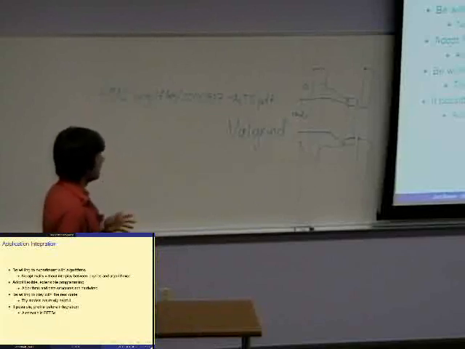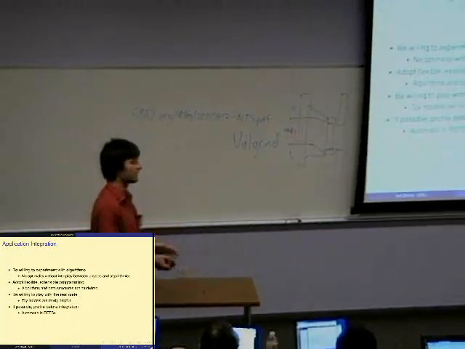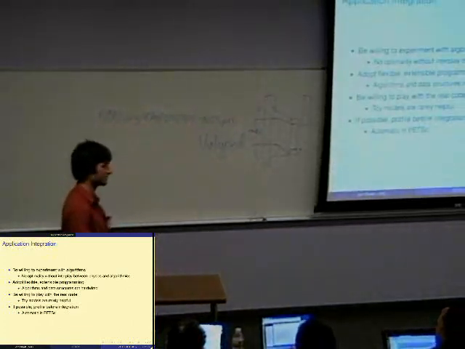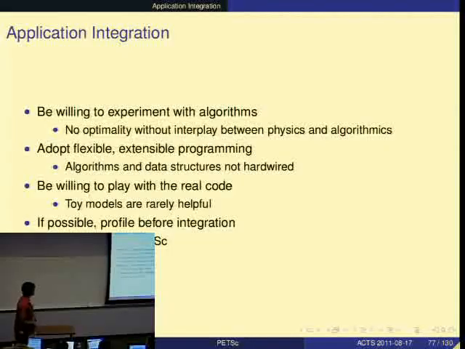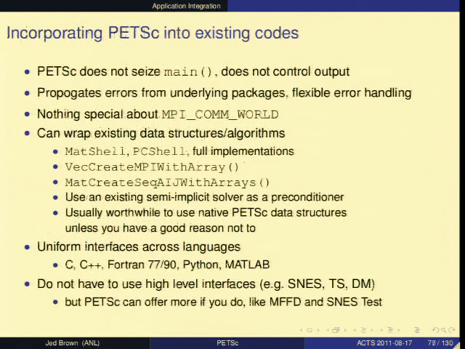So we want to find some way to compromise between, say, modifying existing code to go to great lengths to be friendly for the solver versus, say, not modifying it at all and making the solver algorithms work around something that's sometimes not a good interface for the solver. But the profiling here and the experimentation that we can do to figure out whether it's worth investing the effort in writing these components, I think is an important aspect.